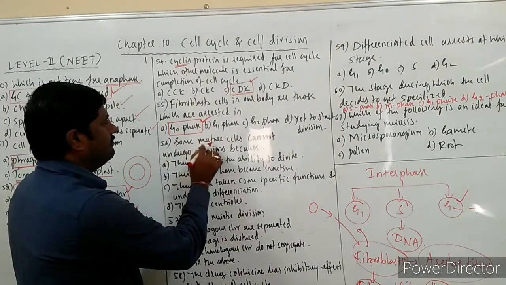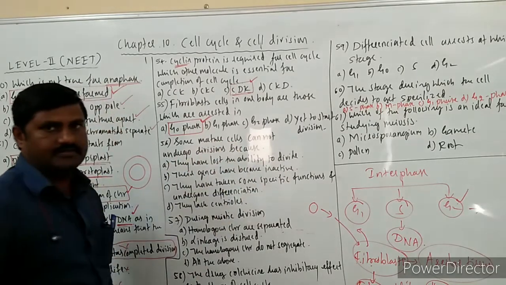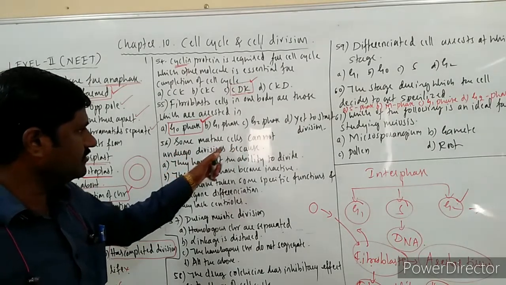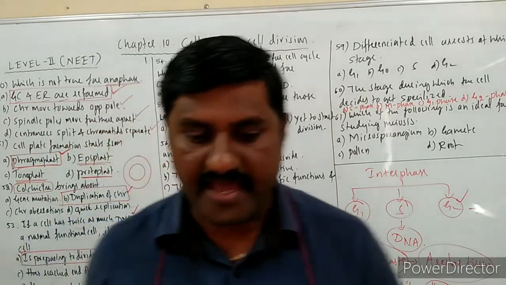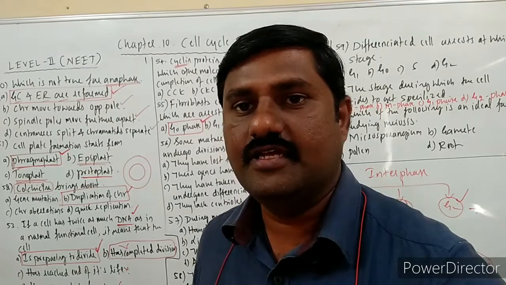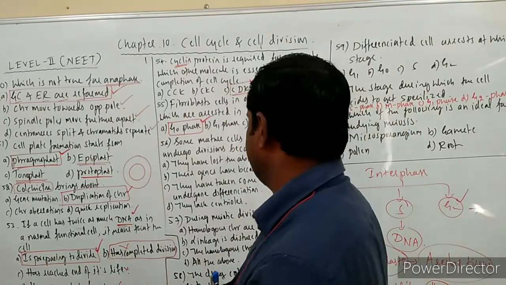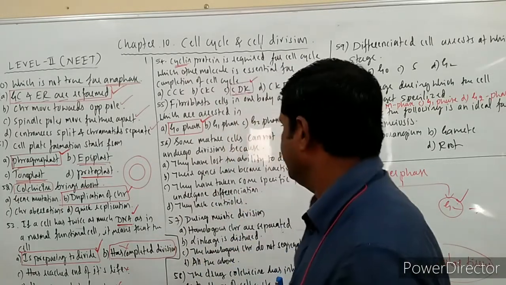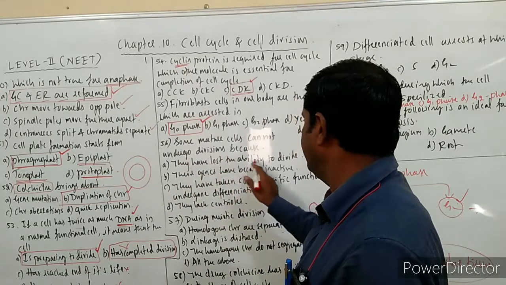Next question. Some mature cells cannot undergo divisions because they get mature, right? They get mature and differentiate themselves and start to do one particular function. So that's why they do not undergo further division over here. That is the major reason. So we'll search for the same reason over here in the options. They have lost the ability to